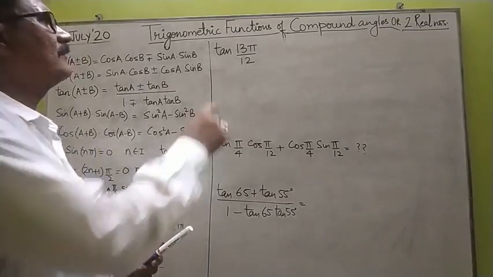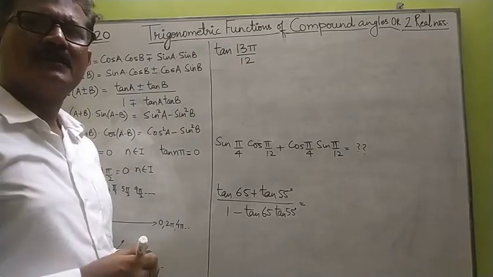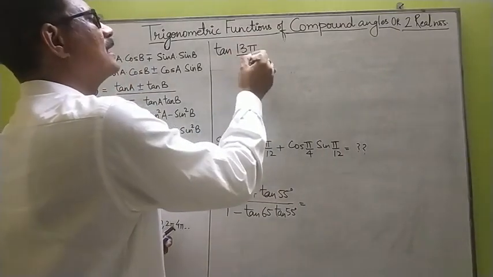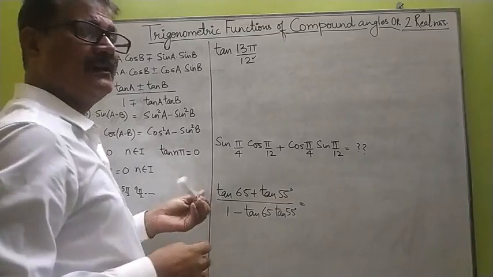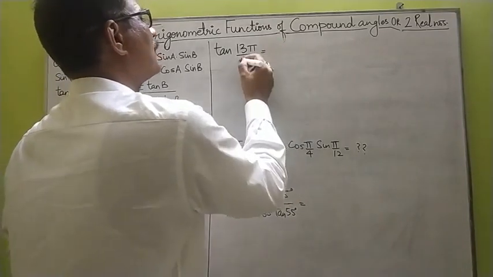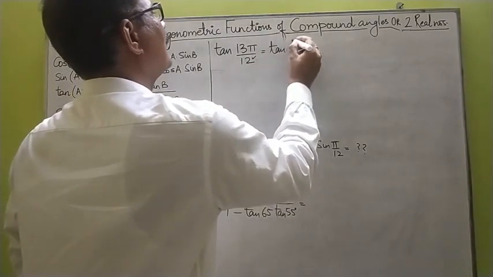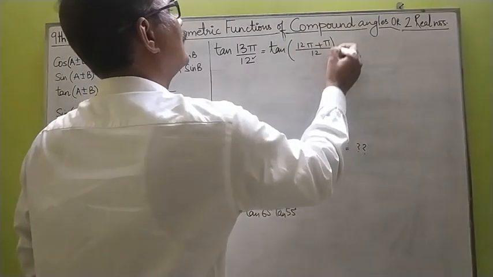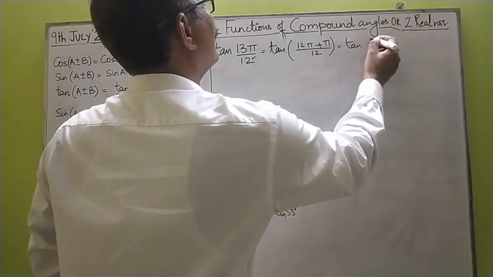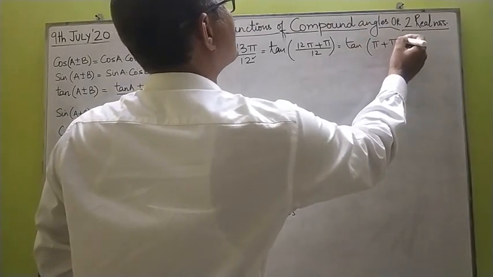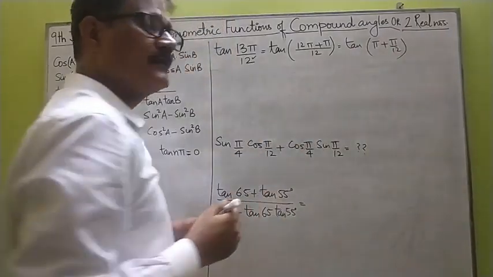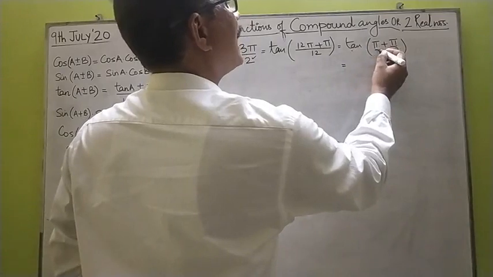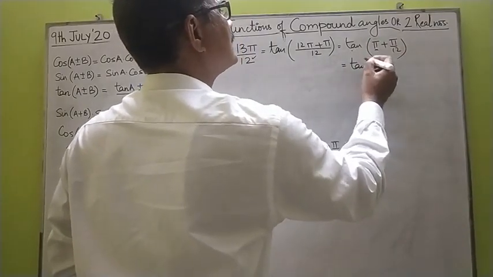Now children, let's find the value of tan 13 pi by 12. As you know, the divisor is 12, so we'll break 13 as a multiple of 12. We shall be writing 13 pi as 12 pi plus pi, whole upon 12. And that becomes tan of pi plus pi by 12. Pi by 12 is an acute angle. Now tan of pi plus theta, since it's followed by pi, the trigonometrical ratio remains the same.